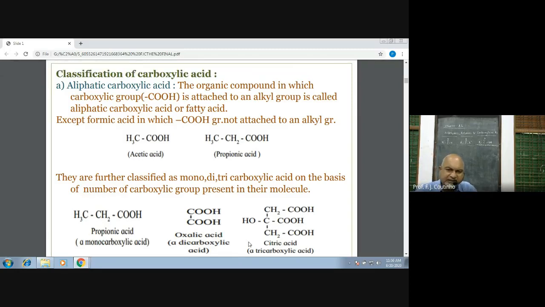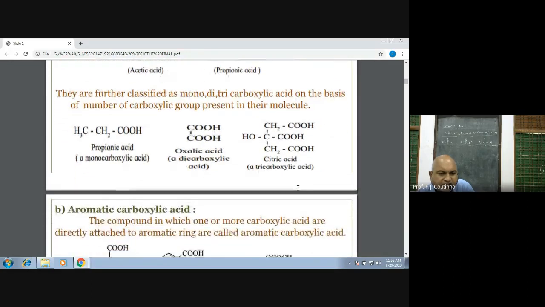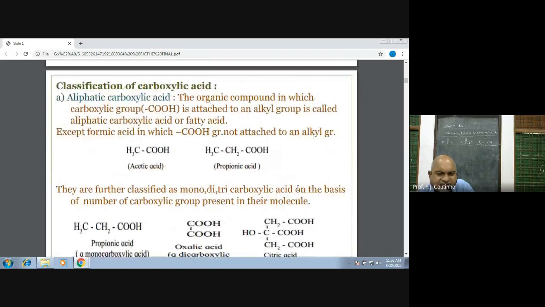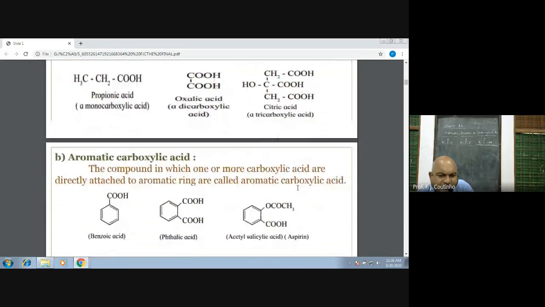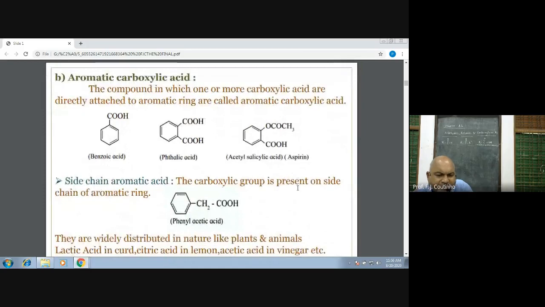So these are the different classifications of aldehydes, ketones and carboxylic acid. Next we go to aromatic carboxylic acid. Now what is this aromatic? We have seen this is aliphatic, open system. Now we'll go to the next, aromatic carboxylic acid. What is aromatic? As I told you earlier, a benzene ring is there. Benzene ring means it is C6H6. Here again, in benzoic acid, there are 6 carbon atoms. One hydrogen has been substituted by a carboxylic group here, and that's why it is known as benzoic acid.